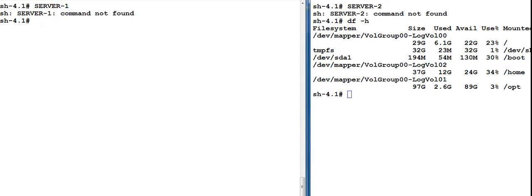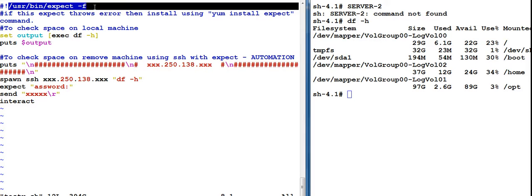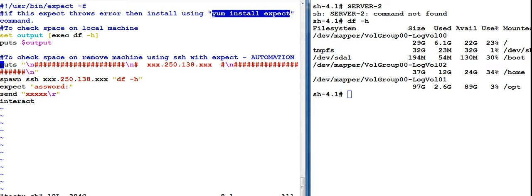So basically the file extension is .sh, or we can just keep the file without giving any extension. So I have written a script for this. So here you can see basically this first line, /usr/bin/expect -f, is what the expect script starts with. When you run this script, if the binary is not installed, then it will throw an error. So first you have to run yum install expect to install these binaries. This will be coming with TCL binaries dependencies.